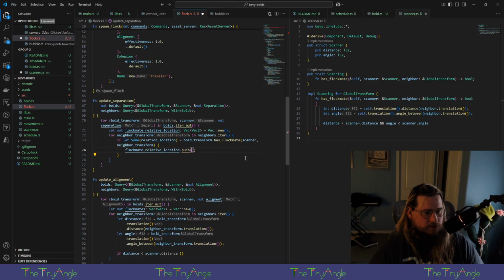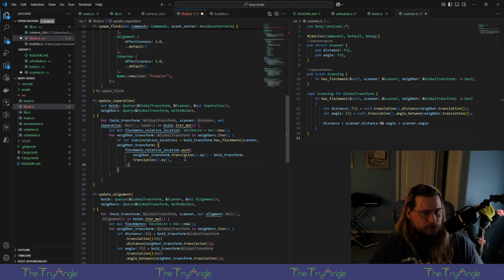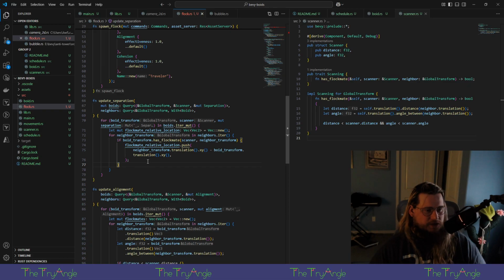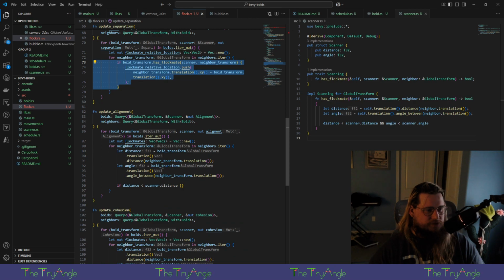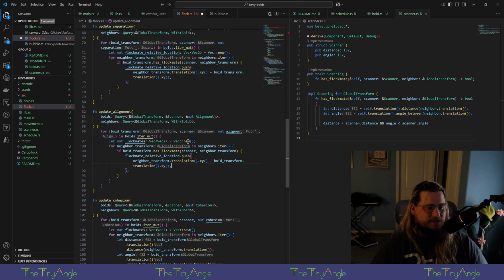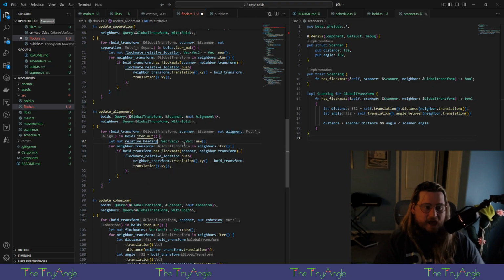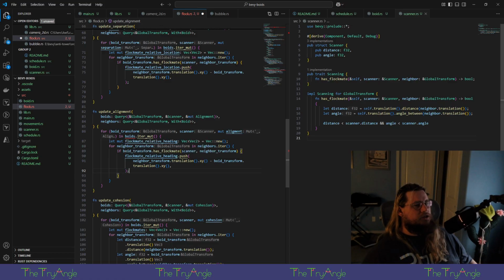Here we go. We're back here. Be fine. Okay. Yeah, the only reason I did that is because here in alignment we're gonna have to store different things. But the good news is we can pass in the same stuff. And here, instead of flock mates, again, we're gonna call it relative heading. Flock mate relative heading. And we're not doing this. Should just be flock mate global heading. It'll be global, yeah, because